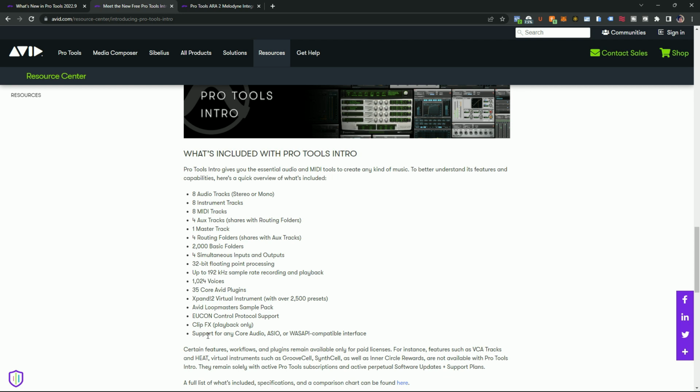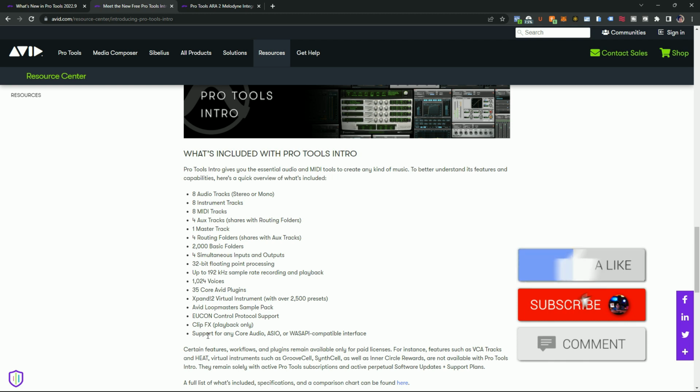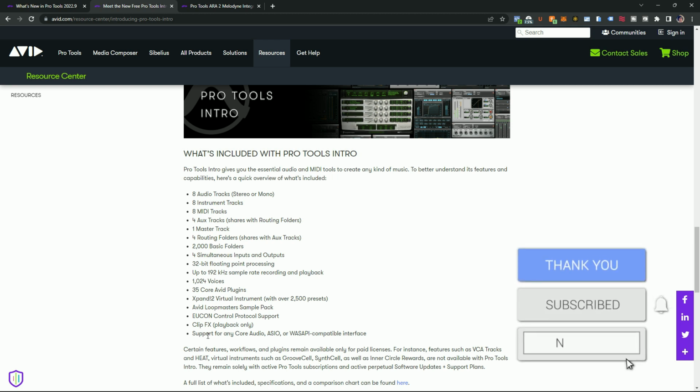Okay. So this is the first awesome addition to the 2022.9 release of Pro Tools. Let's move on to the second awesome feature, which is